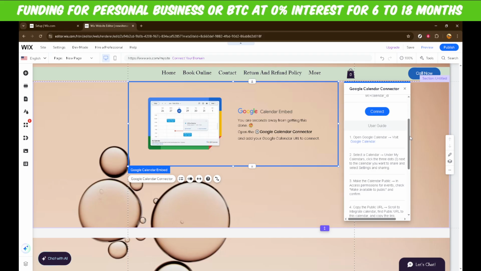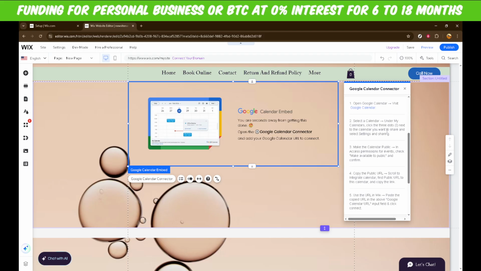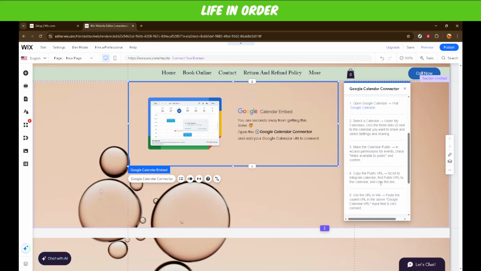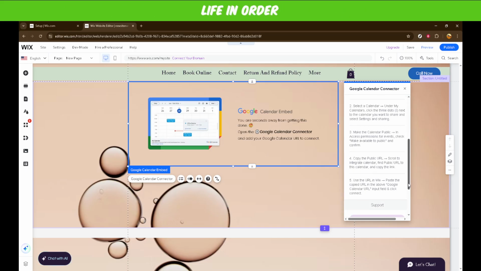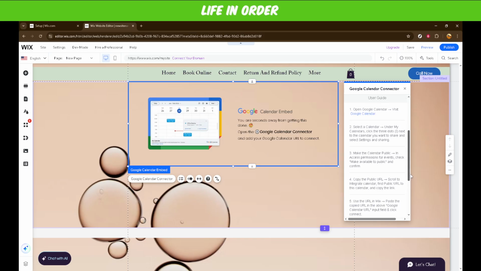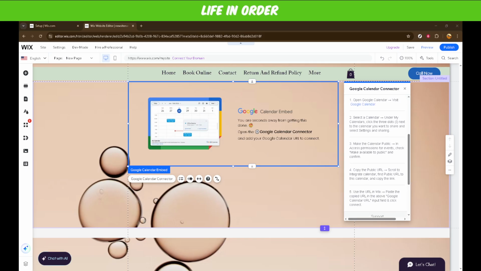And there you have it. By following these steps, you've successfully integrated a Google Calendar into your Wix website. Whether you're managing a business, a nonprofit, or a personal blog, having a calendar on your site can enhance communication and